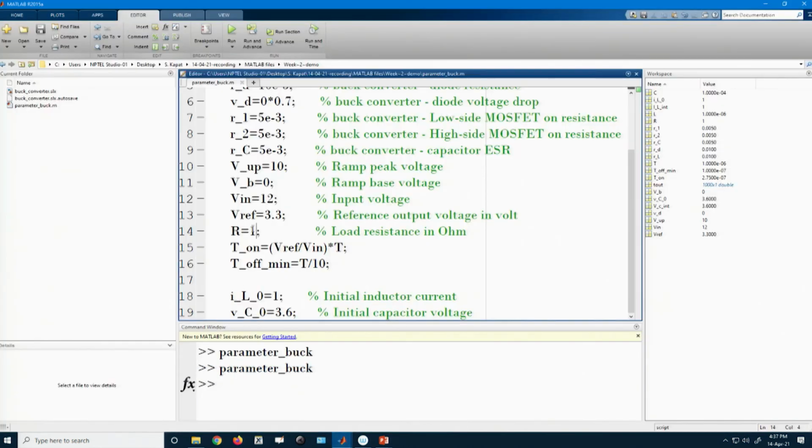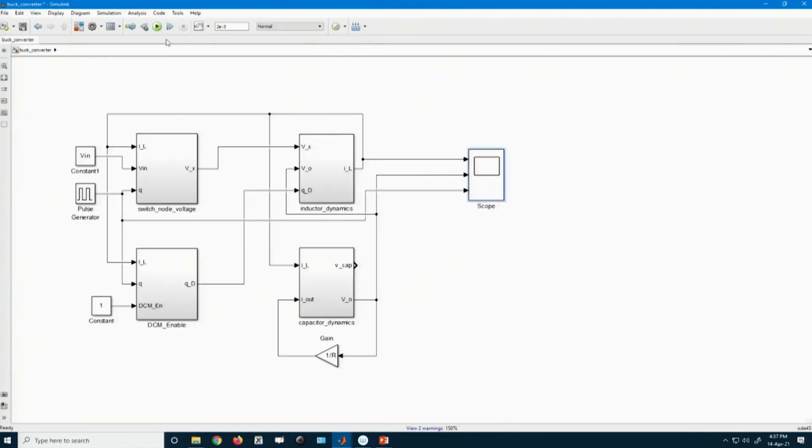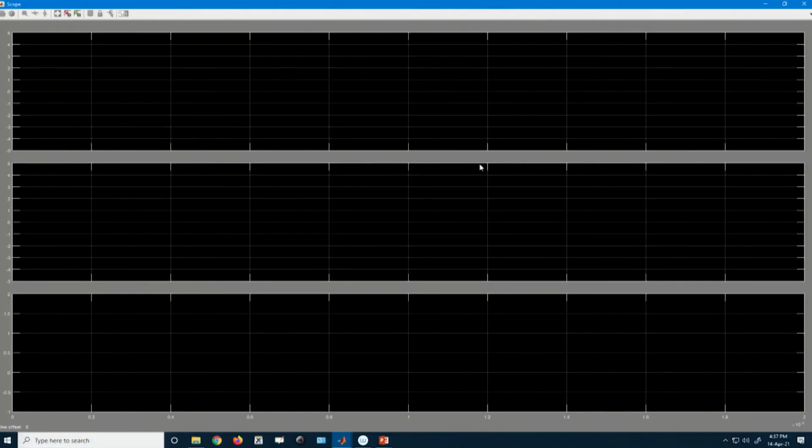And we discussed, if we set ESR to be 0, then we will get an ideal capacitor, and then if we run the simulation, we will see what is happening.